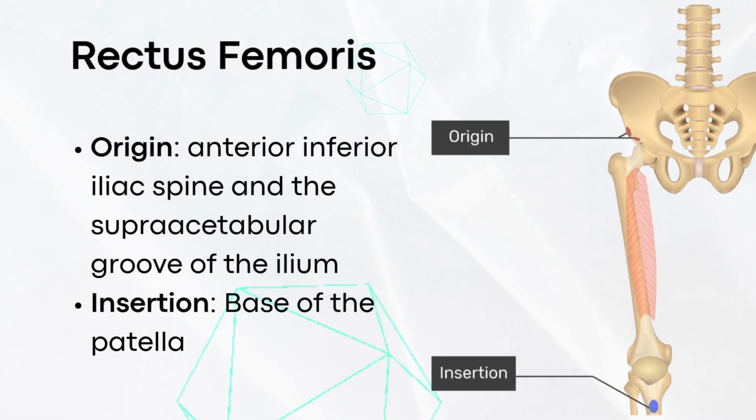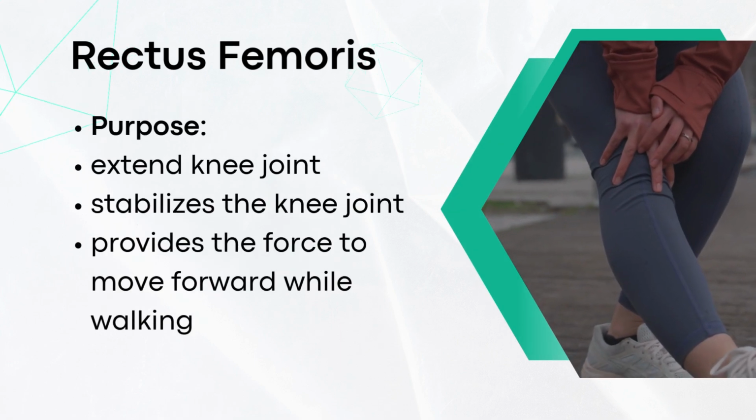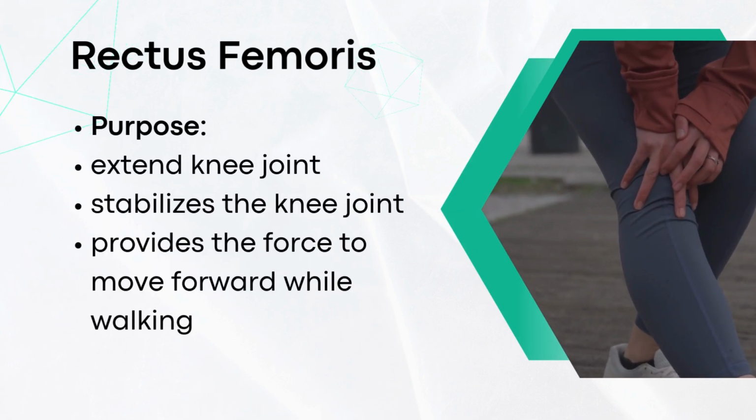The rectus femoris muscle originates from the anterior inferior iliac spine and the supraacetabular groove of the ilium. It inserts into the base of the patella. Its purpose is to extend the knee joint, and it stabilizes the knee joint and provides force to move forward